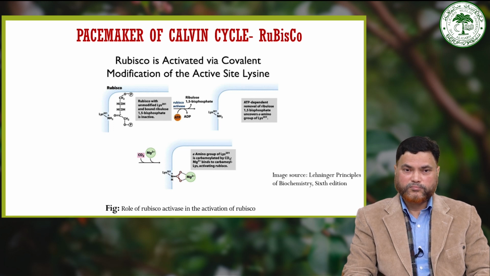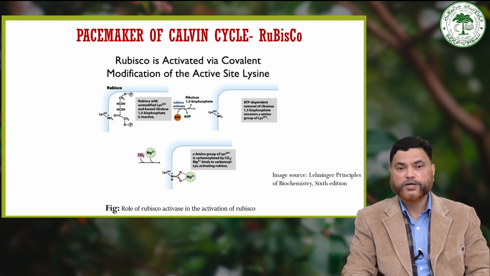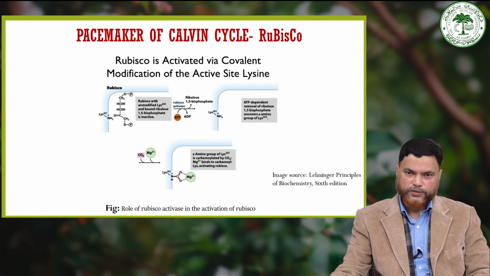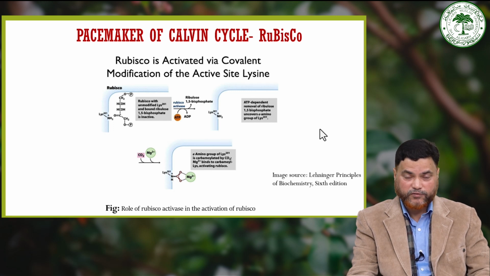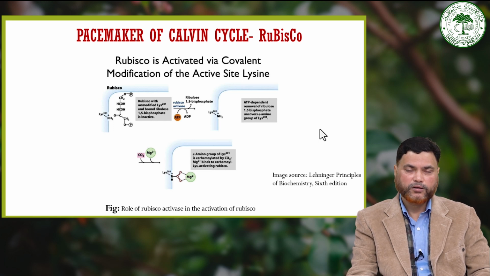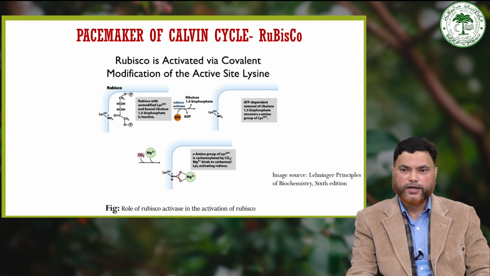Now, we will go into the details of the key or pivotal role played by Rubisco. Basically, Rubisco serves as a pacemaker of the Calvin cycle. So, how Rubisco is important, we will go into the interesting fact of the different subunits Rubisco contains, and then we will see how different subunits are encoded by different parts of a cell. So, basically Rubisco acts as a pacemaker enzyme in the C3 cycle, and it is typically